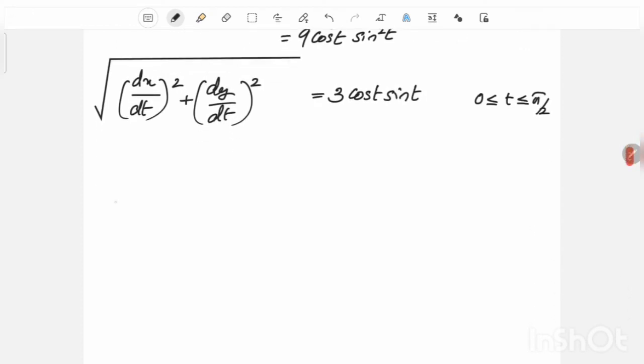Now L is equal to 4 times the length of the curve in the first quadrant, that is the integral from 0 to pi by 2 of 3 cos t sin t dt, and therefore we can write it as